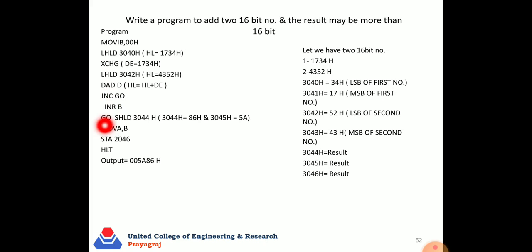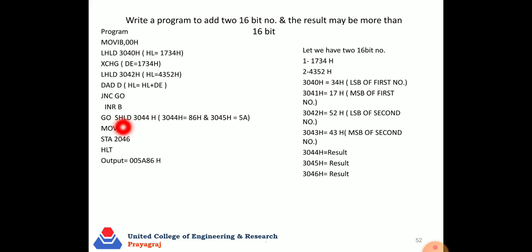So here SHLD 3044. This instruction stores the content of HL into 3044 and 3045. After that we also have to show the carry status in the given location.